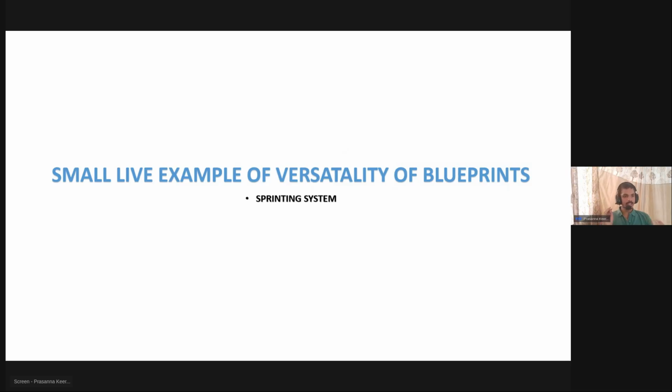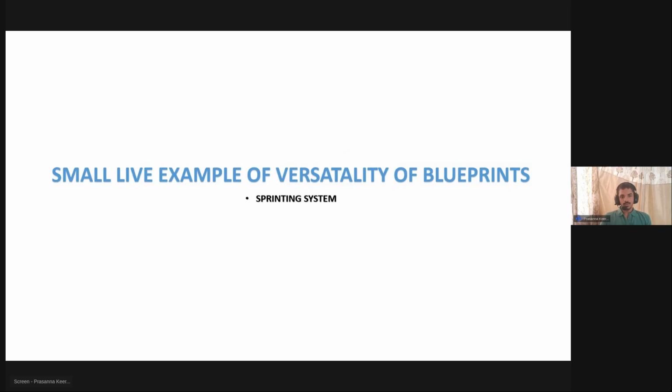Currently in this ppt slide, what I have written is a sprinting system. So basically what is meant by sprinting? Sprinting means just running forward with more force, right? So what are we going to do? First, how should we give it to the player? How can the player access this feature? In this case, I could say if I hold the shift button, the character needs to sprint. If I release it, the character needs to walk.